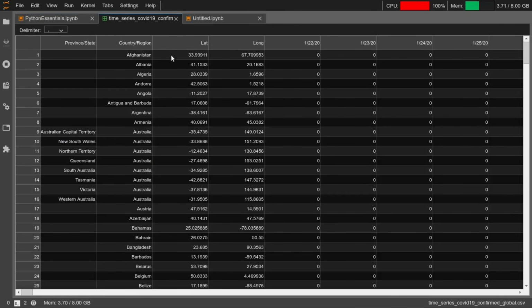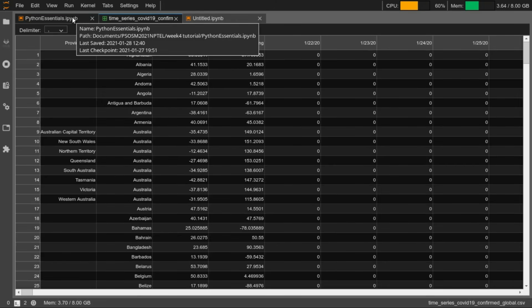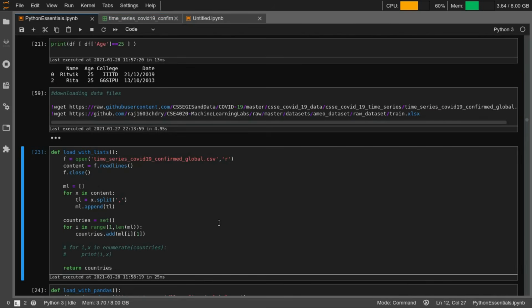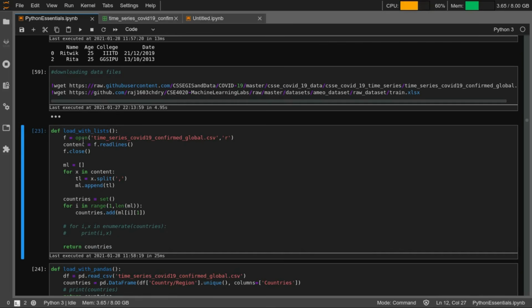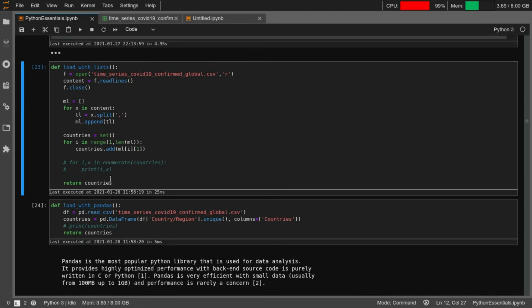This is what this piece of code is doing. It is extracting the countries. This CSV file has a column called country and region, which is the second column. This code is iterating through all the rows and creating a set of unique countries. This is done without using pandas. You are reading all the lines in a file, and doing certain operations on top of it to extract the names of the countries. This was this many lines of code.